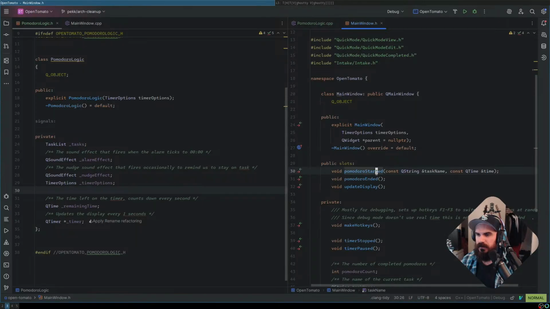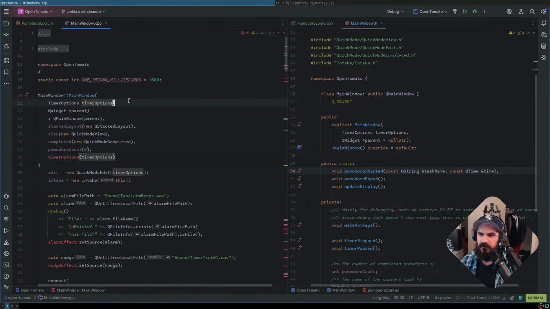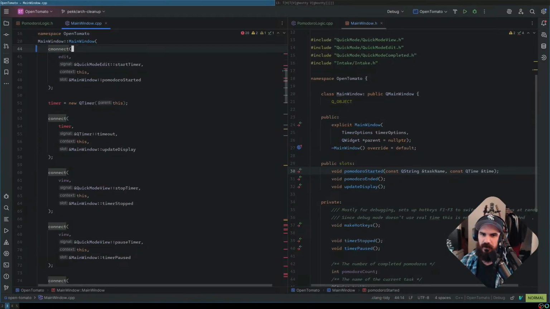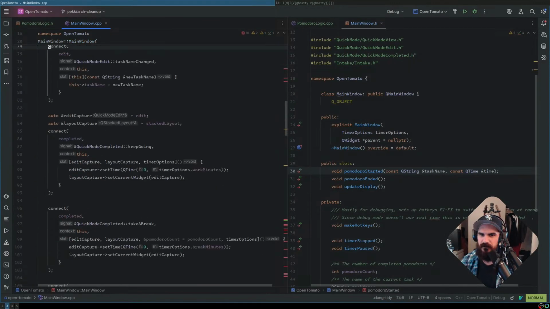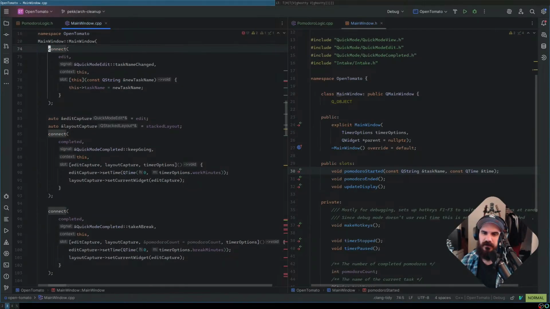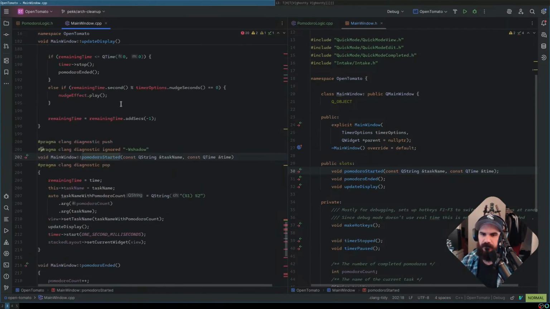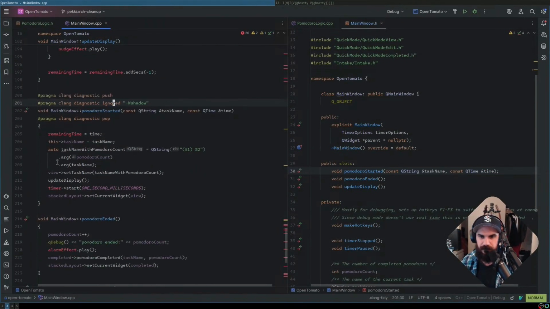Okay. And then slots. Like, what am I using these slots for? I don't even know. Pomodoro. Well, oh, I see. Because Control F is right. Pomodoro started. Task name. Oh, because I was shadowing, which I'm actually not going to be doing anymore, which is great. Pomodoro started. View, set task name.